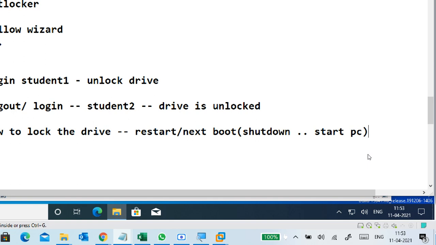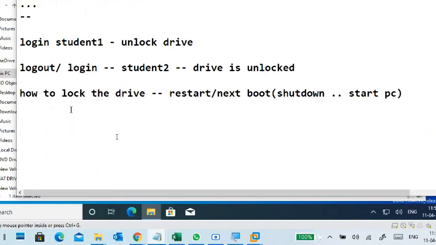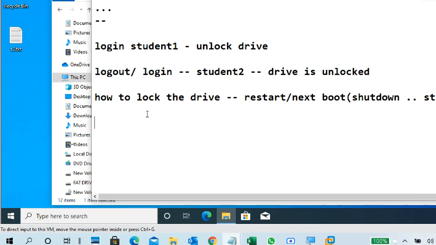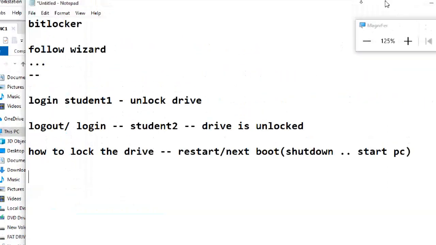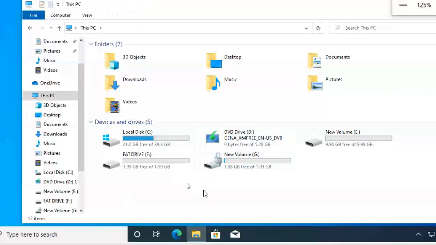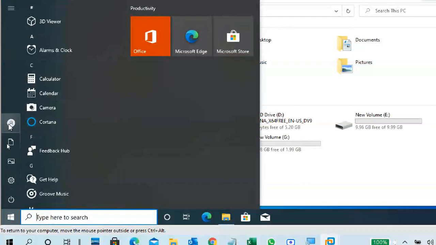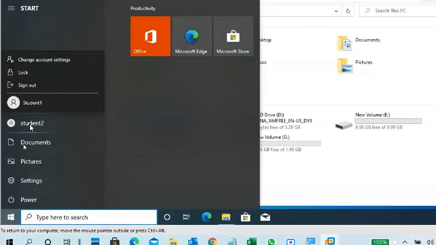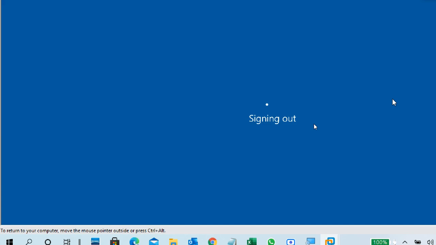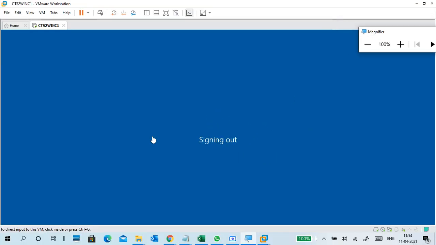Okay, shut down the PC and start the PC, then only it will be locked. If you want to lock, you have to restart the PC only. I'm not going to do that one, I'm just logging out. It will take time. You can try, because you have a machine.